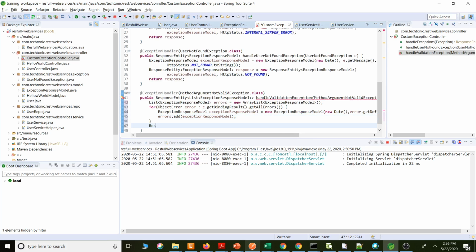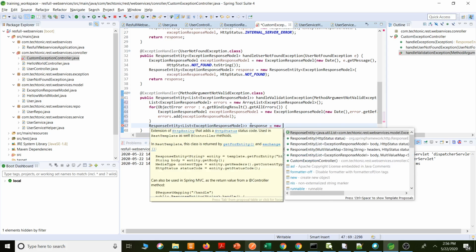Next, I am creating the ResponseEntity of list type, generic type, and response equals new ResponseEntity.